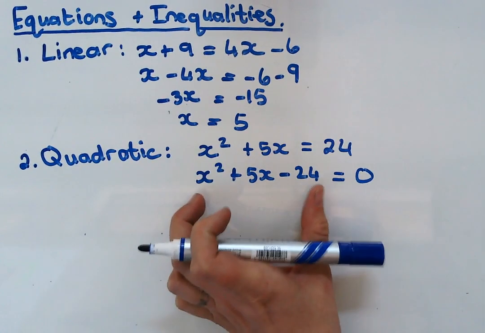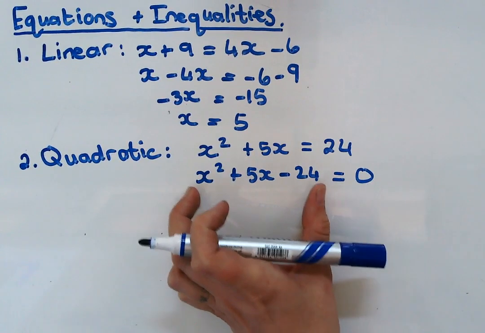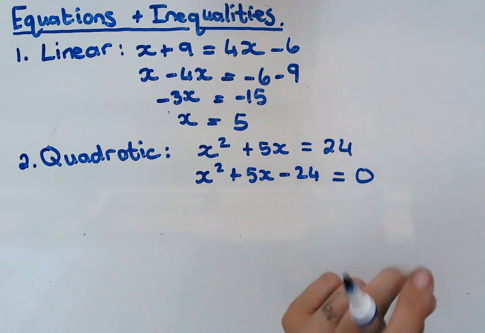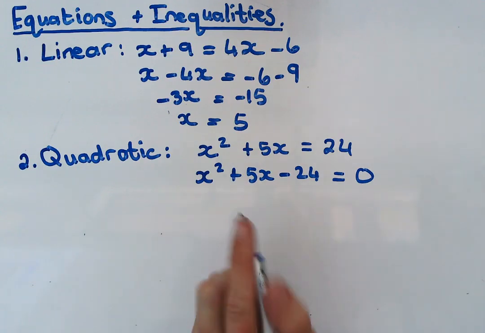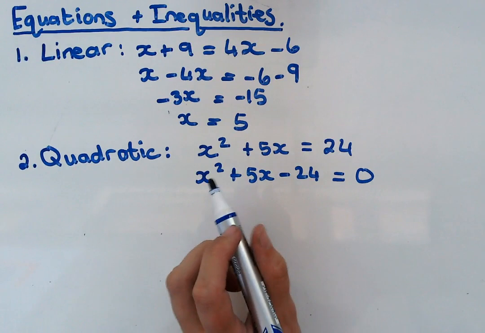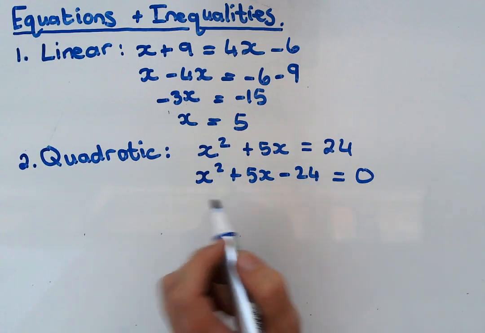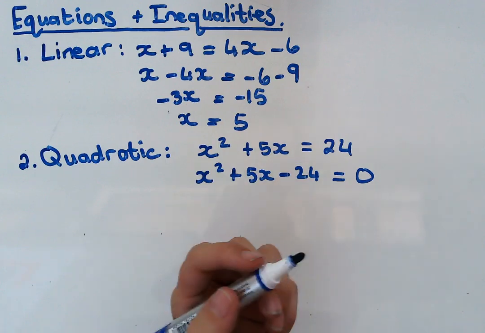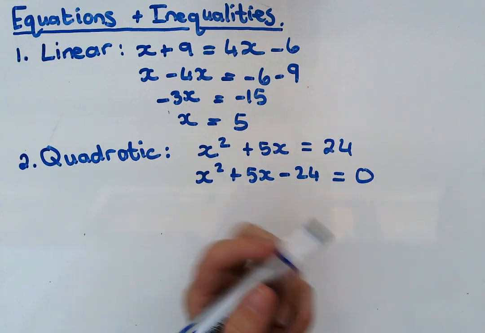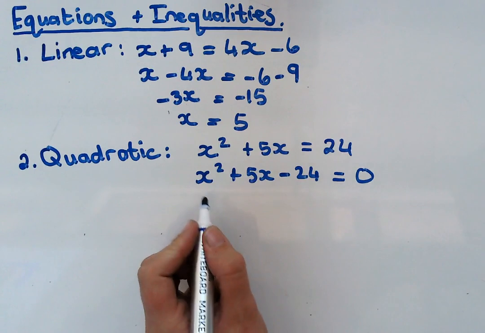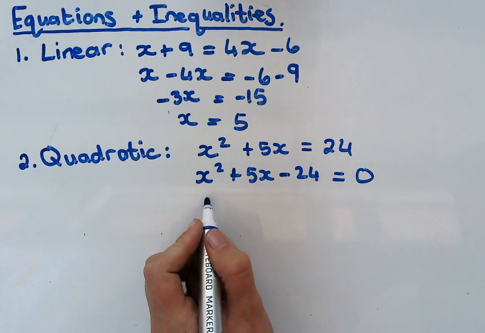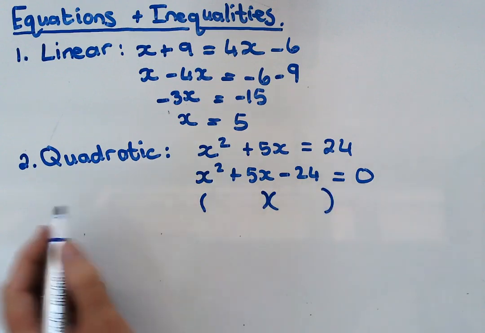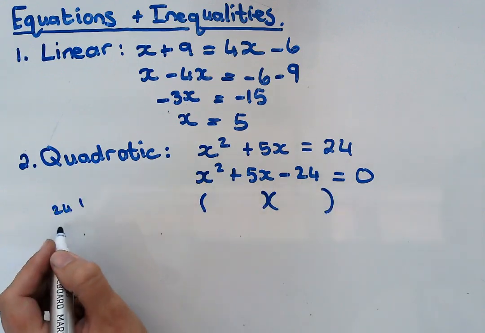Right, then everything that I have here, I'm going to factorize. Whether it is highest common factor, difference of squares, all of those ones that we looked at. Any type of factorization, most commonly it will be a trinomial, but it can also be difference of squares or highest common factor or grouping or cubic or whatever, right? So then I'm going to factorize this, and I list the factors of 24. I'm just going to quickly list them here.